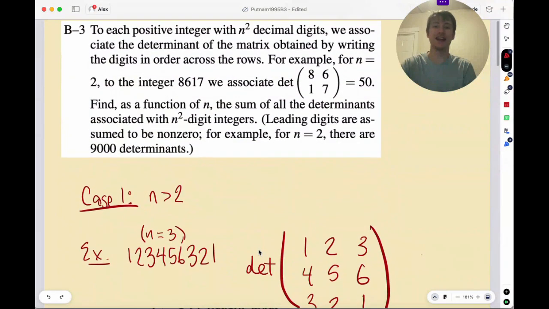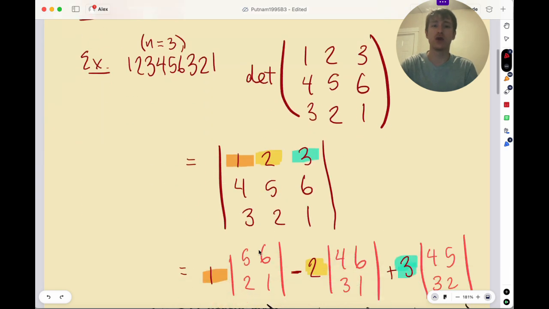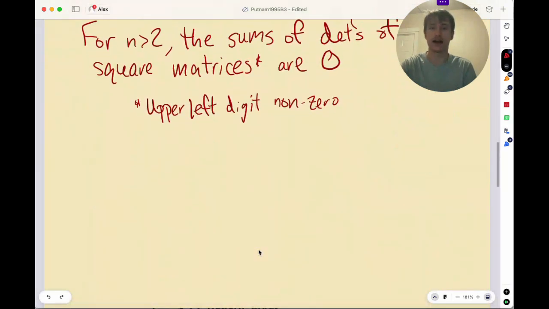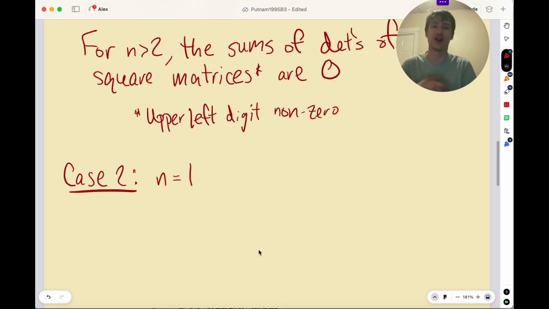Okay, so we actually eliminated every single possible case except 2. Either n is 1 or n is equal to 2. And those are easy enough to figure out. Let's do n equals 1 first. I consider that to be the second easiest case. So we'll do case 2. I know this is kind of backwards of how cases usually work, but I'm doing them in order of difficulty. You might argue this is easier than the n is greater than 2, but we have more energy in the beginning anyway, right? Okay, so for n equals 1, we're considering